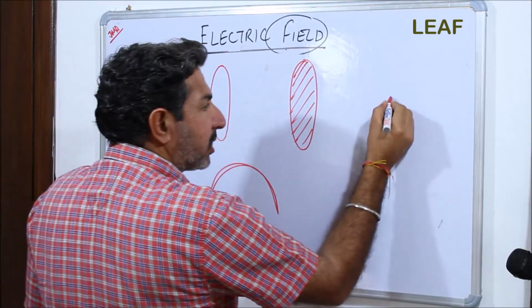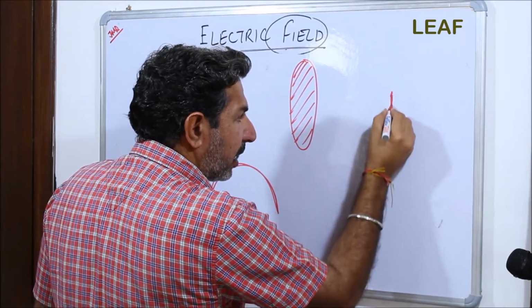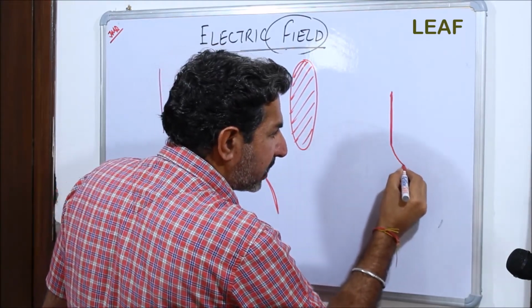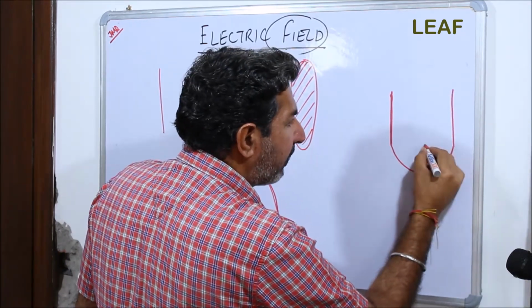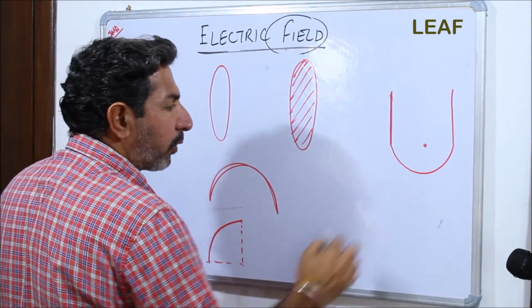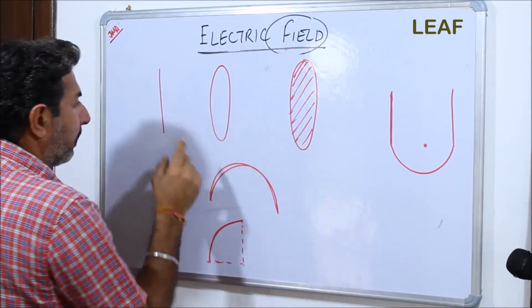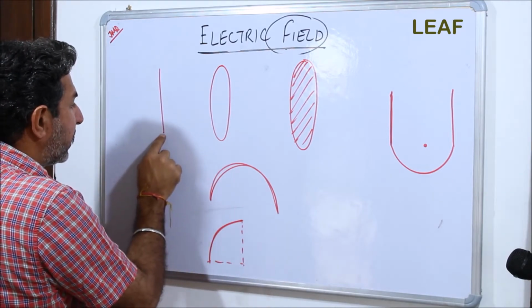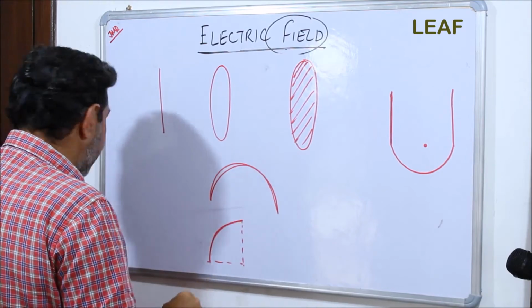You might have seen questions like: find the electric field. This is the rod, and this is the semicircular section, and then again the rod, and we have to find out the electric field at this point. Such kinds of questions are very common in competitions, but primarily for boards it is the straight wire, the ring, and the disc.